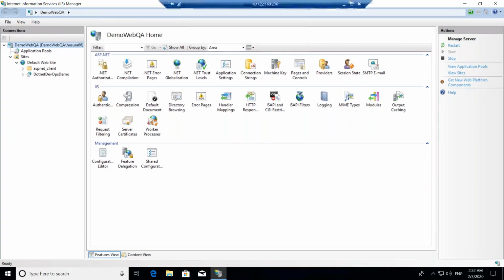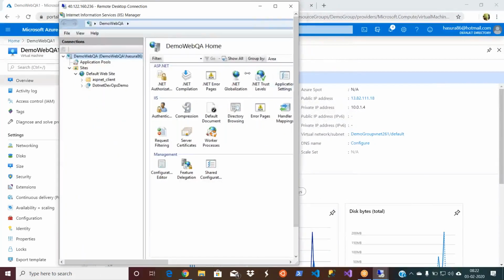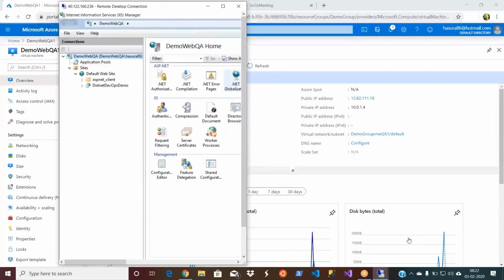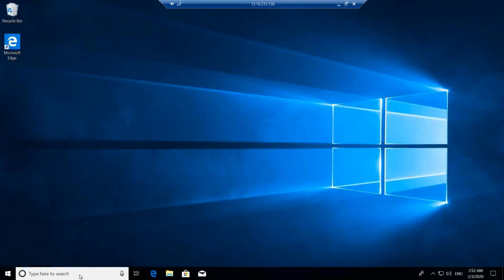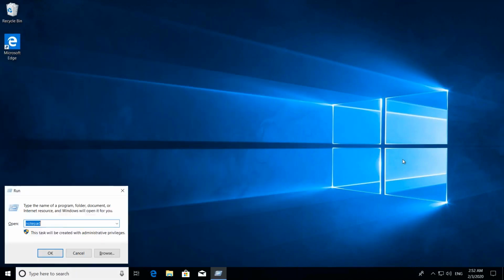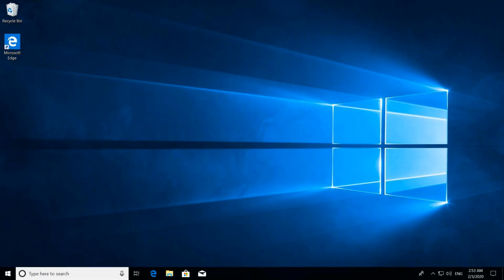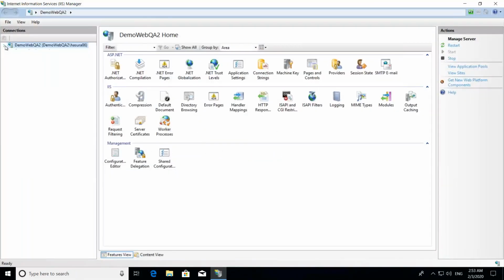Let me, we'll just keep it like this. The last one is, let's go to IIS Manager again here also. This is the latest server that I created. This also doesn't contain anything. Now let's do this one.